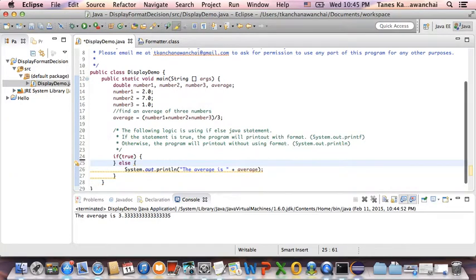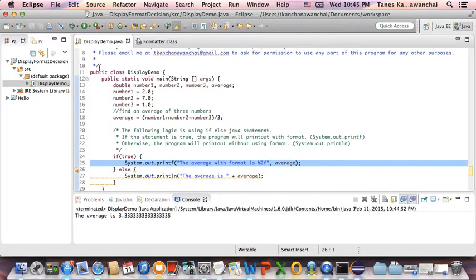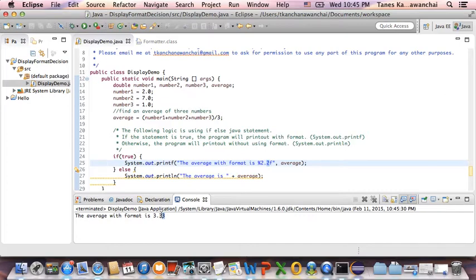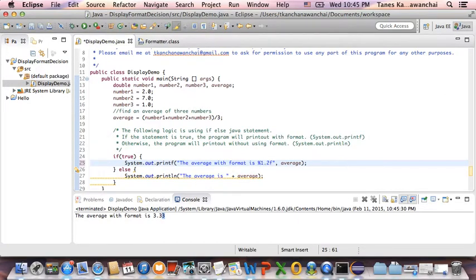%2f. If I say %2f, this will not do anything yet until I say 2.2. So I'm saying that it's going to display only 2 decimal places after the point, right? So